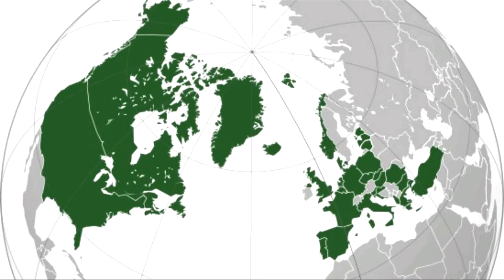This map of NATO, by the way, gets a little bit ahead of the game, because this includes the way NATO grew in Eastern Europe after the Cold War. But basically, you're talking about the United States, Canada, Greenland doesn't have a lot of people, but basically most of Western Europe during the Cold War.